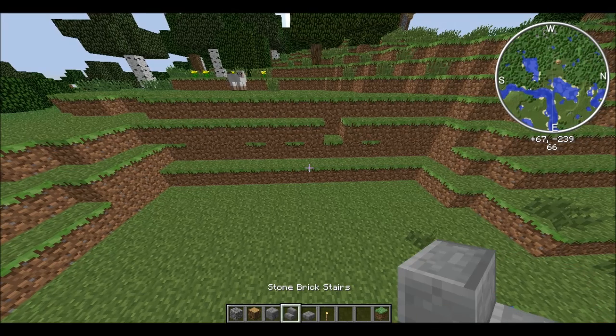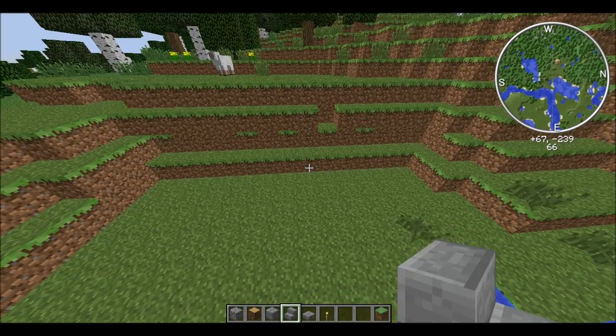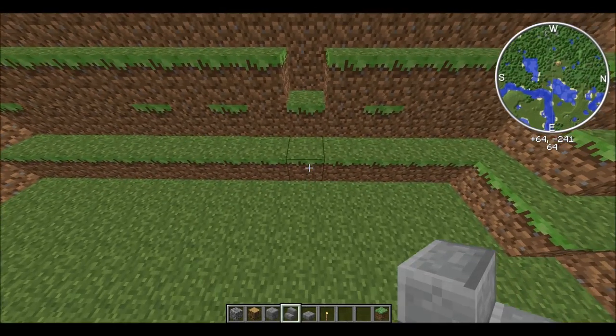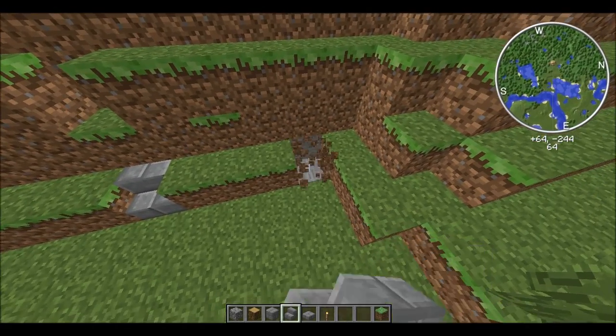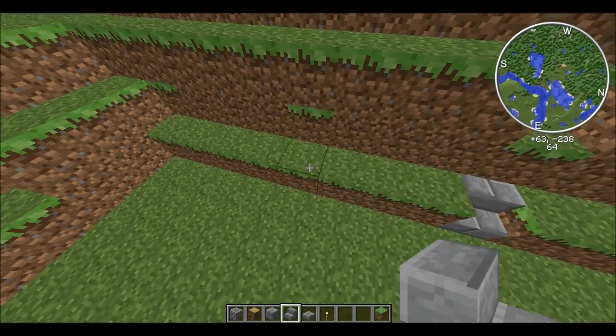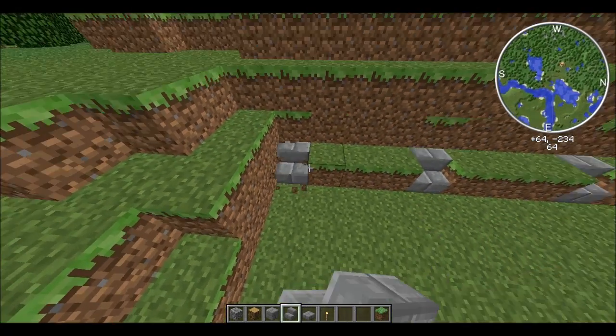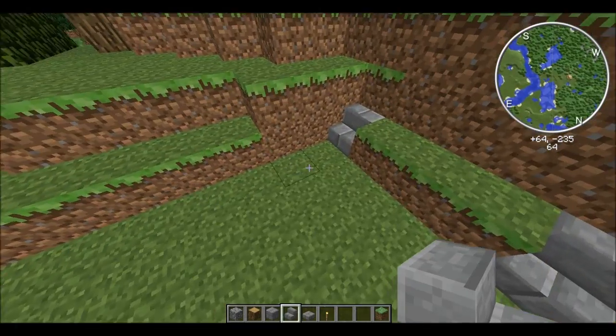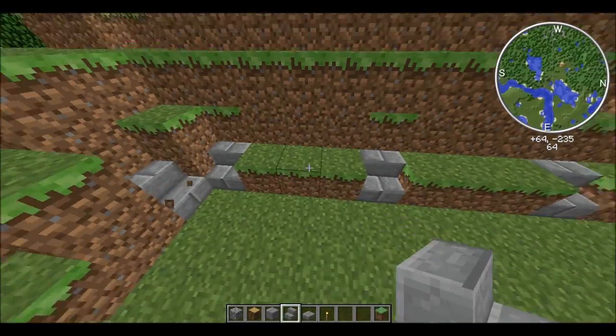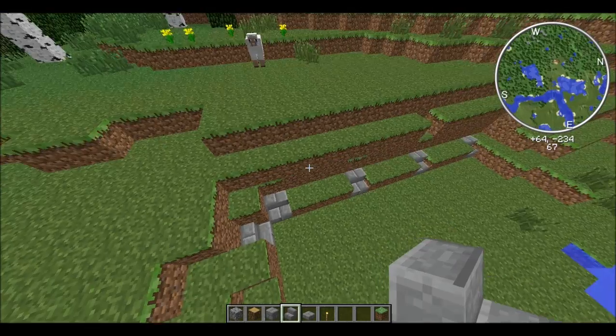And basically, just go ahead and get out cobble, some stone bricks, and of course oak wood. And basically the way it's going to look is you just place a stone brick stair like this, and then you skip 3 and then place another stair like so, and you can do that as long as you want, but it's not very easy to curve this. What you do to curve it is you'll basically just do like that, and you'll just mesh them together.